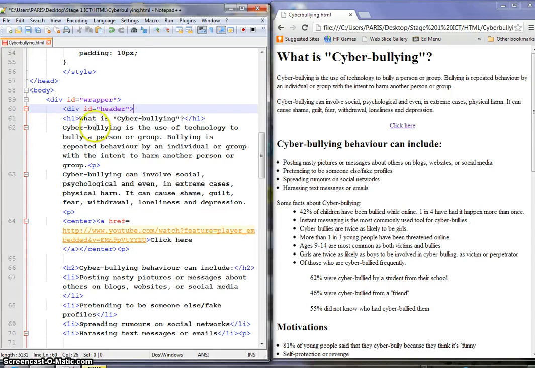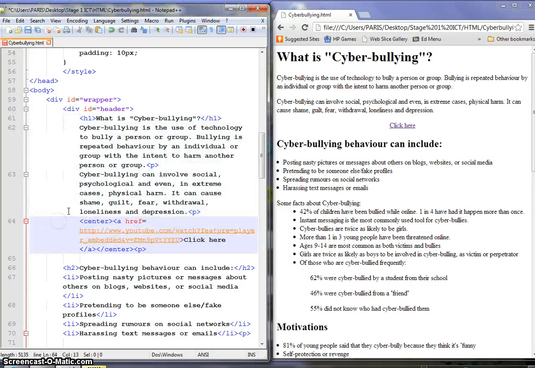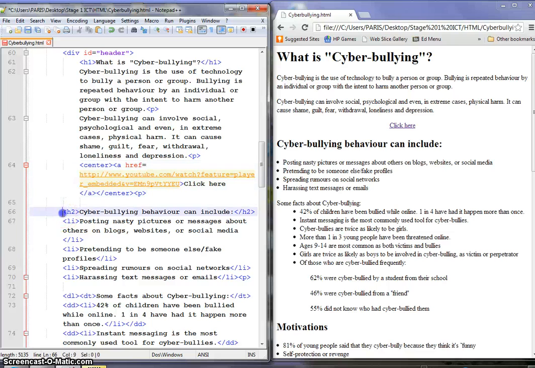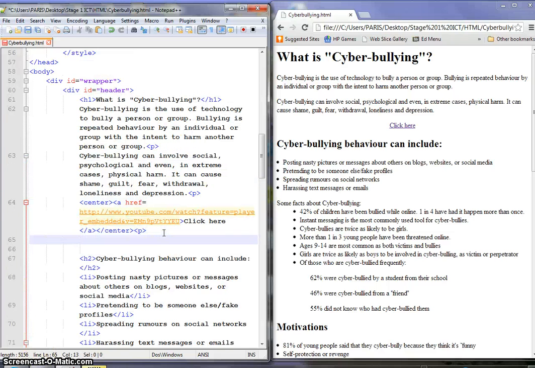And again, all this section is going to be part of the header. Now, indent again. Again, there's no need to, it's just to make life easier. Okay, so I'm going to finish the header section right here. So div. Okay, there goes the header section. Now I want to start the new section